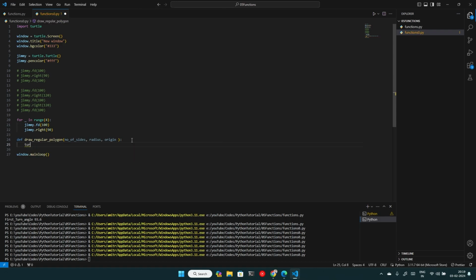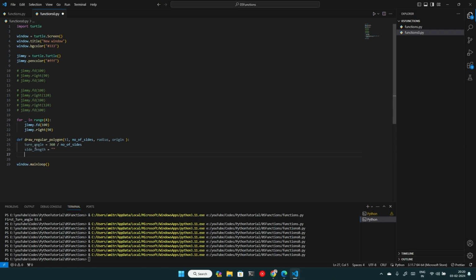So let me just write turn angle, because our turtle has to turn, and also here let me just take TL as turtle, take turtle as another parameter. So turn angle is nothing but 360 divided by my number of sides. This is simple geometry. Then we need to calculate the side length. This will be calculated with some logic. For the time being, let me just keep it here.